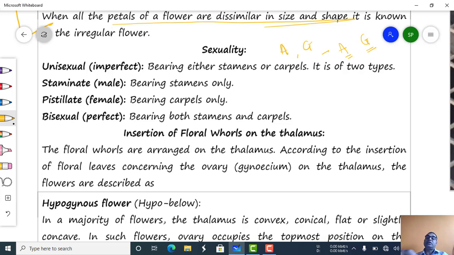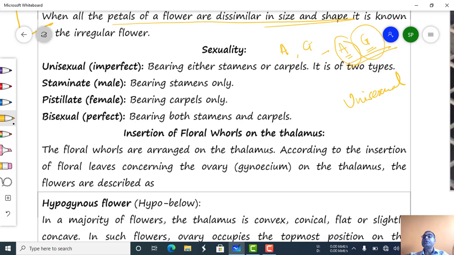That means either androecium will be present or gynoecium will be present. If any one among these two whorls is absent, then the flower is said to be incomplete,